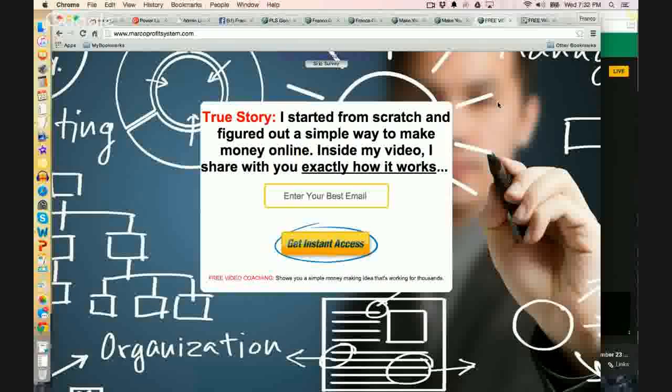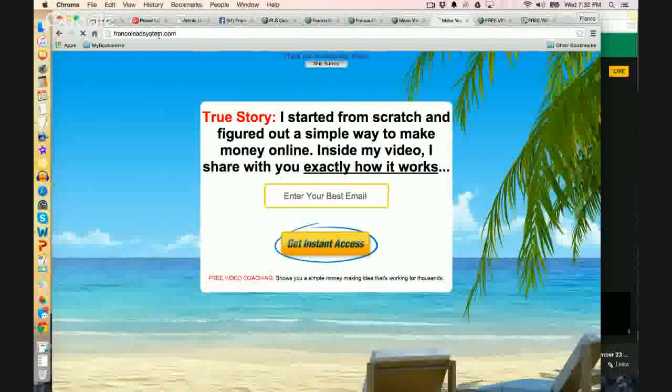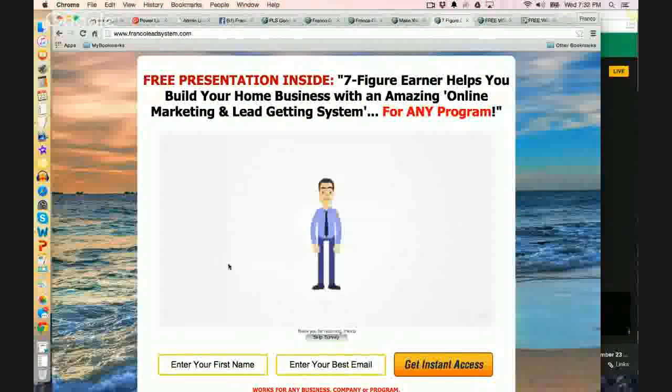on a sales page. Let me show you a couple of different versions of sales pages, and let me show you a really knockout, custom personalized type of pages that you can create with Power Lead Systems. So what we're going to do here is I'm just going to take you over to one of my lead capture pages. Here we go.